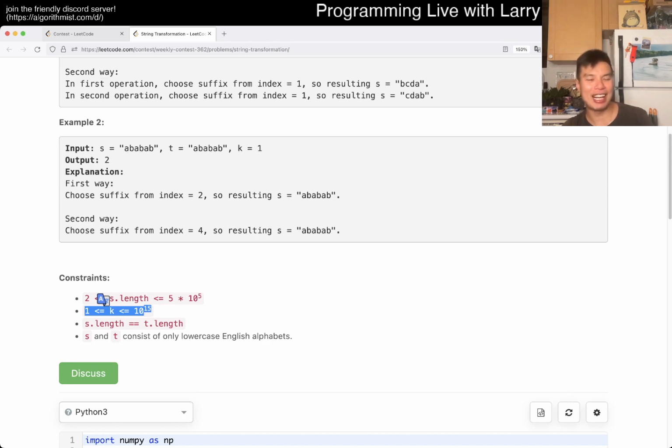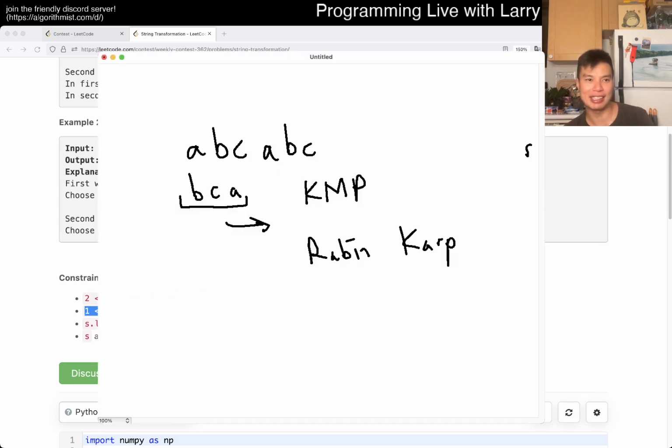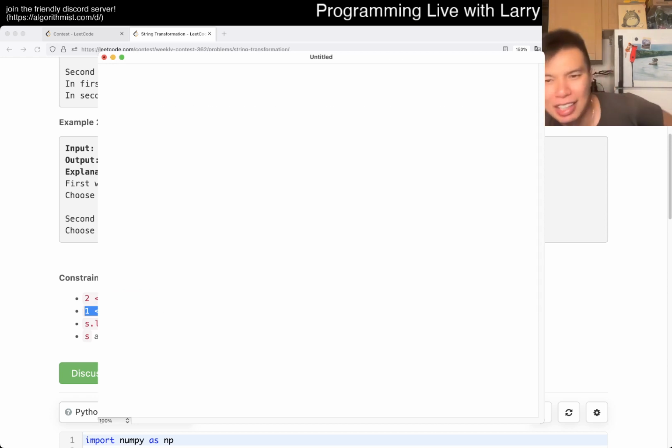So it didn't really end up that way because K is ridiculously big. And because K is ridiculously big, we have to rethink how we do it. Let me go back here for a second. There are a couple of ways you can think about it. The way that I'm thinking about it is with something called matrix